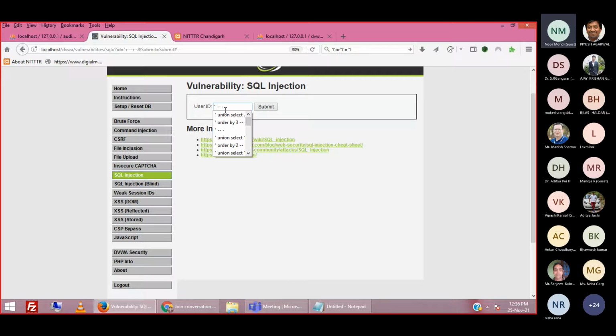So firstly we have to know how many columns from the table this particular query is fetching. Which query am I talking about? The actual query which was written by the developer. So now we are going to get information about the number of columns on which the query is working, right?